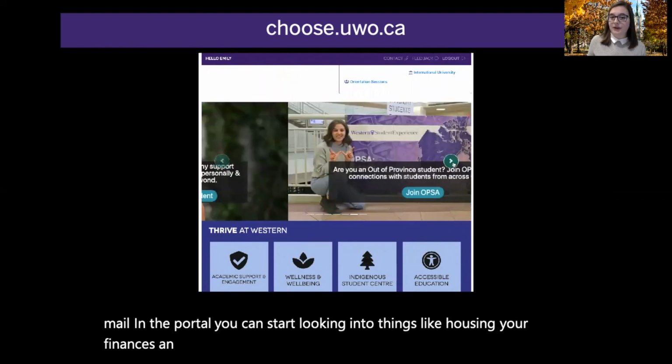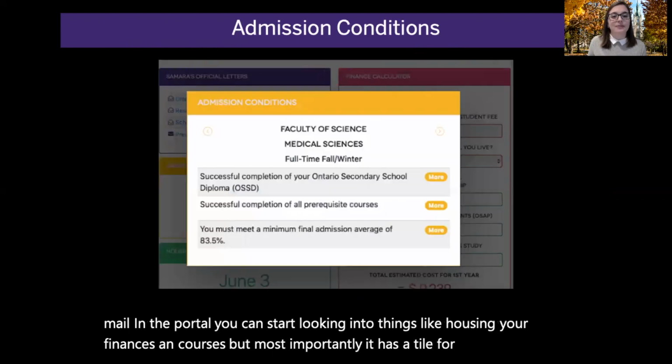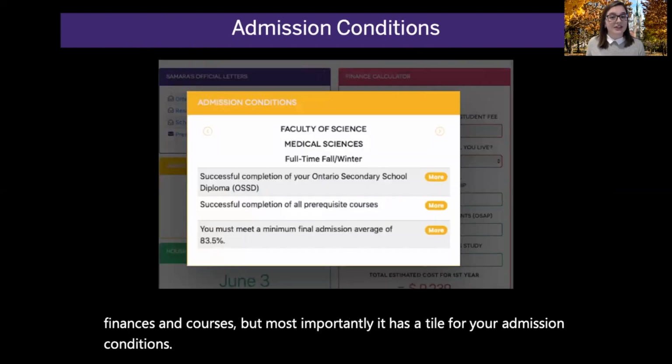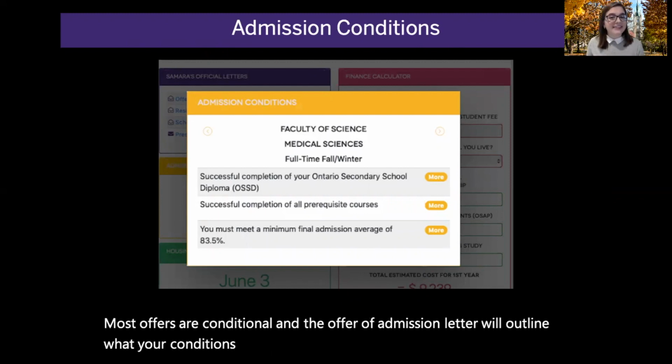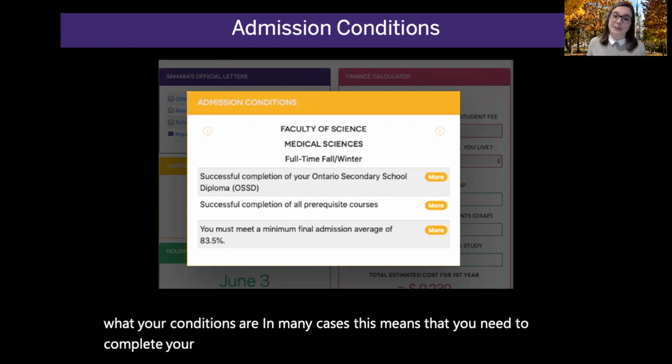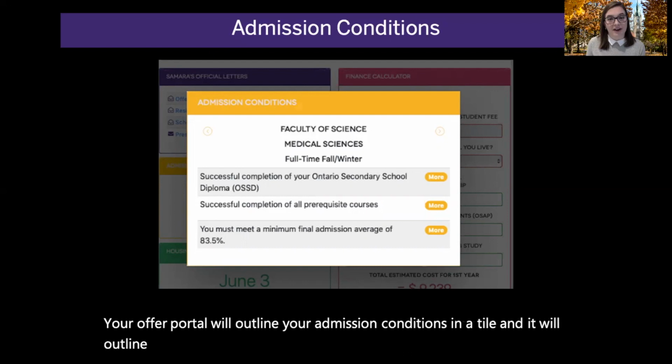But most importantly, it has a tile for your admission conditions. Most offers are conditional, and the offer of admission letter will outline what your conditions are. In many cases, this means that you need to complete your diploma and keep your grades up. Your offer portal will outline your admission conditions in a tile, and it will outline how to submit your documents.